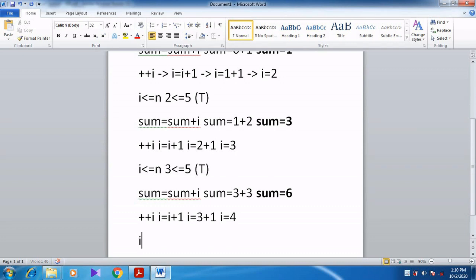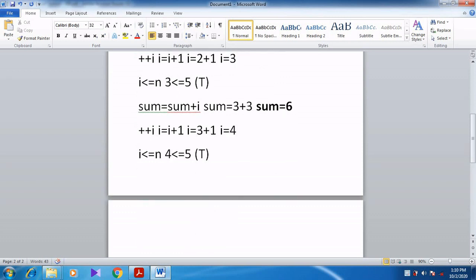Then again i less than or equal to n, so 4 less than or equal to 5. The condition becomes true. Again after checking the condition, the body of the loop: sum is equal to sum plus i. The sum value is already 6, i value is 4, so 6 plus 4, sum value becomes 10.